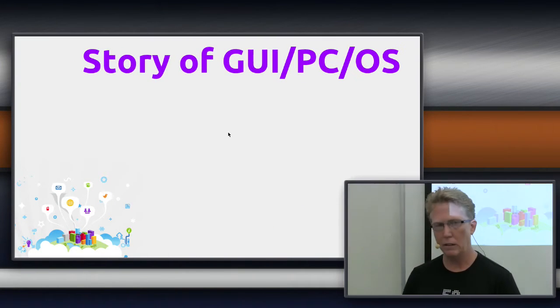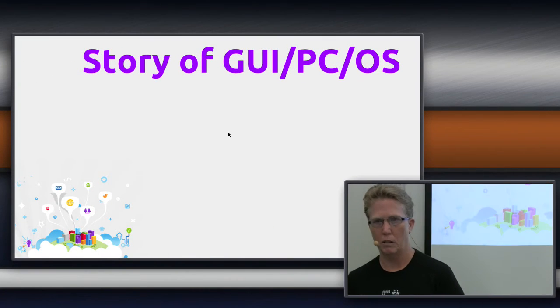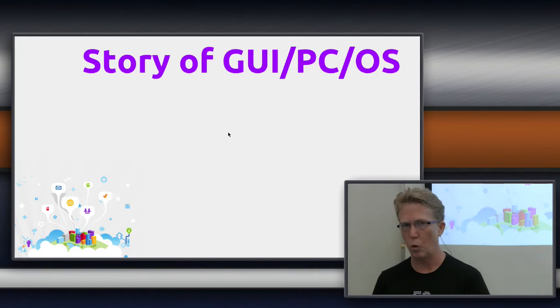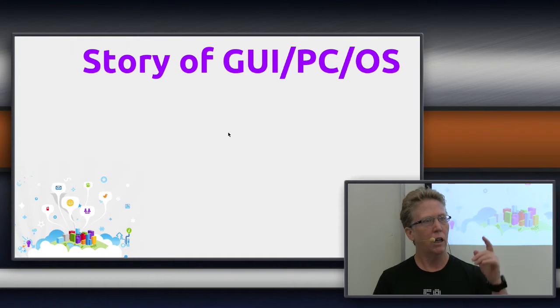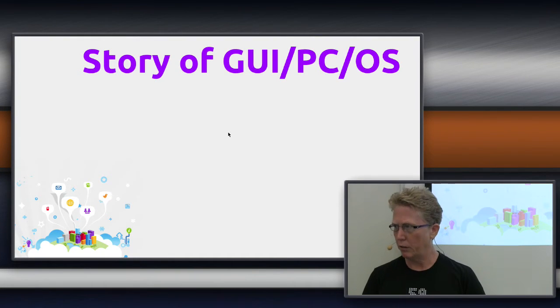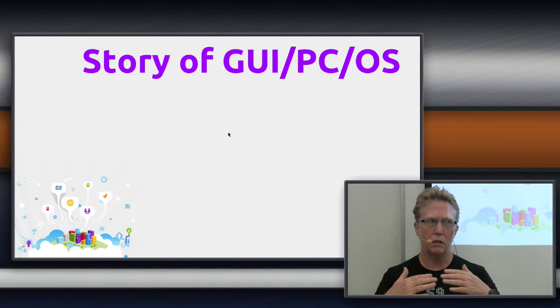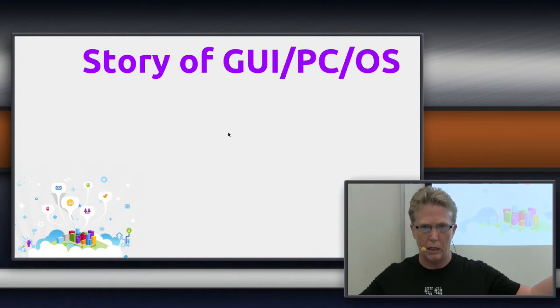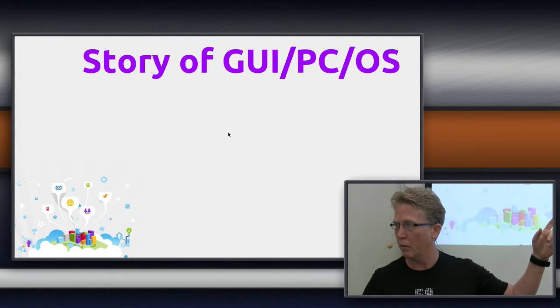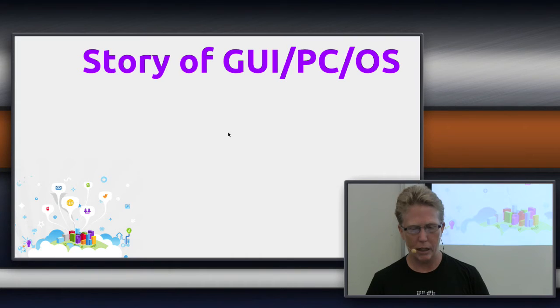So we're going to talk today about one of my favorite stories, because it really is my own experience as well in computers. And it's the story of, and how many know this first term? The GUI. Yeah, the graphical user interface. Really, it's a story of the PC. And when we say PC, people think we mean Windows. But it's not. When you say PC, it means any personal computer, okay? And what's that last term? Operating system. Very nice, okay?